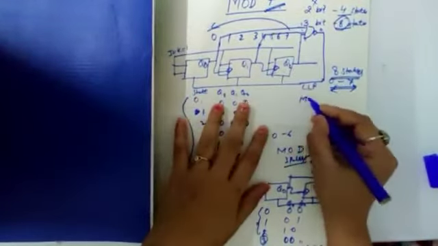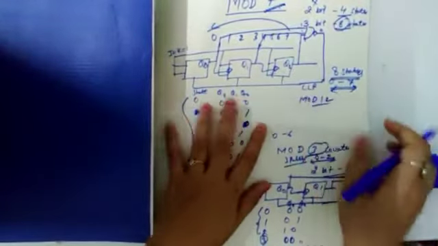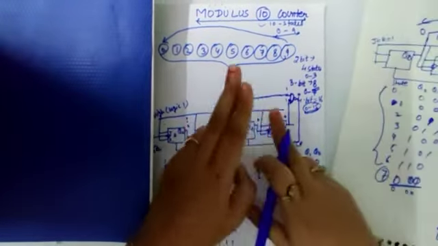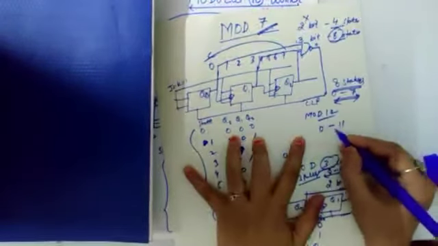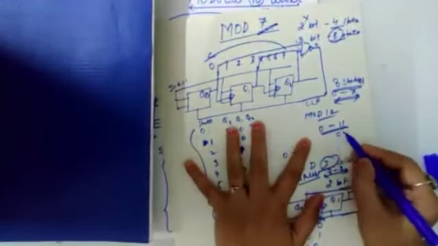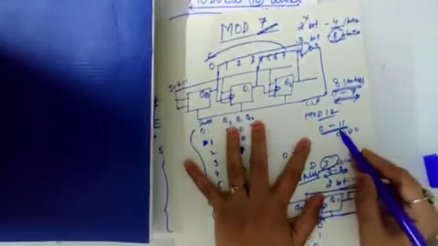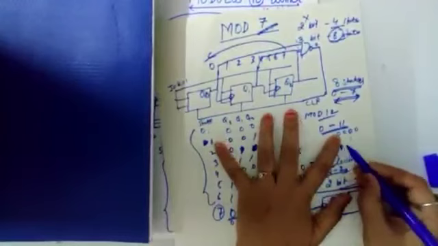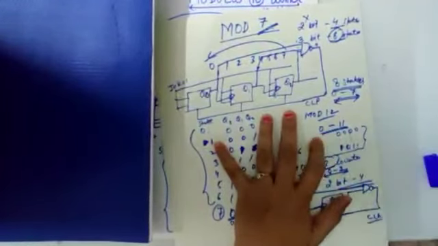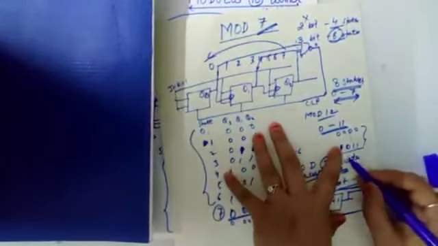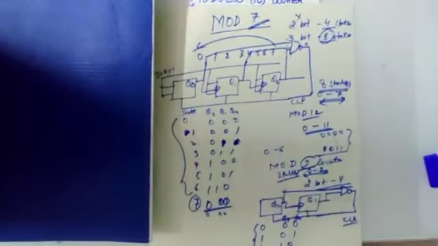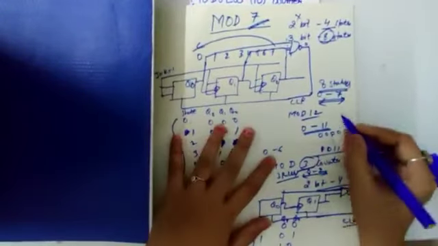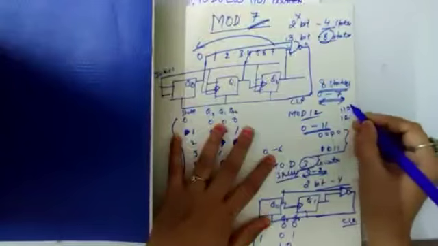Okay. So for example, if we want to design a mod 12 counter, for mod 12 we need 4 bits. What will happen for mod 12? It will just count from 0 to 11. Okay, 0 to 11 means 0 0 0 0 to 1 0 1 1. It will just count from here to here. And as the next pulse appears, the next number should be 12. 12 means 1 1 0 0.